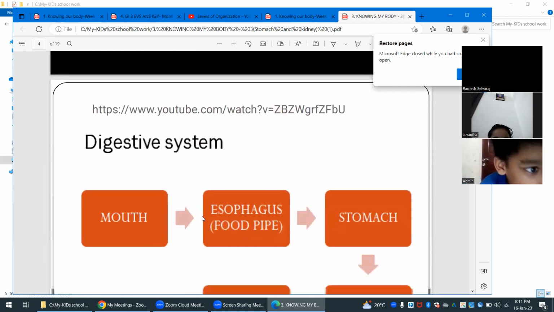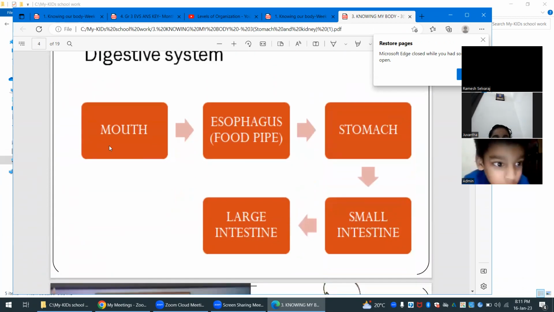Then let's see the digestive system. You see, this is a very important thing. From the mouth it starts. Then it goes to the food pipe, the esophagus. Then the stomach, small intestine, large intestine. This is a very important thing. This is the one question I just